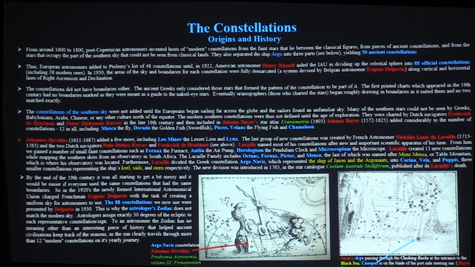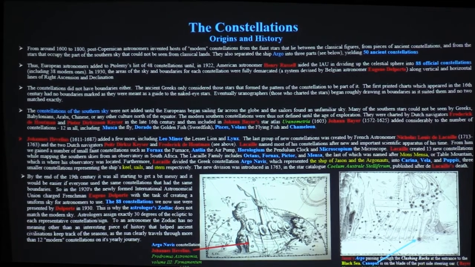But this fellow's interesting, Lacaille, not only because he had all these constellations, but when he went there, there's a mountain called Table Mountain overlooking his observatory, which was down on Table Bay. And that Table Mountain is called Mons Mensa. And of course, hence the constellation Mensa, the table. That's where it comes from. So if you're wondering, it's South African in origin. There it is, Table Mountain.